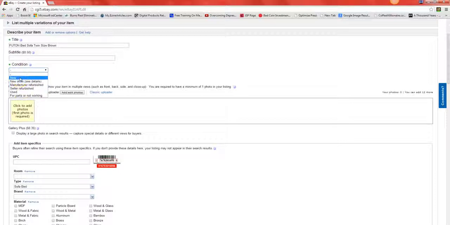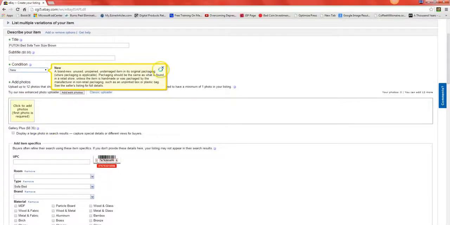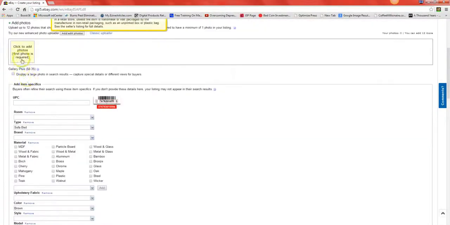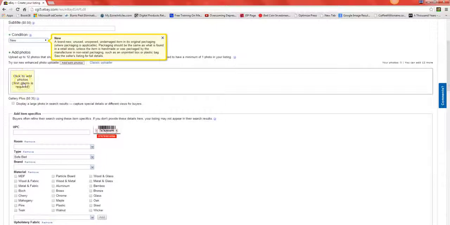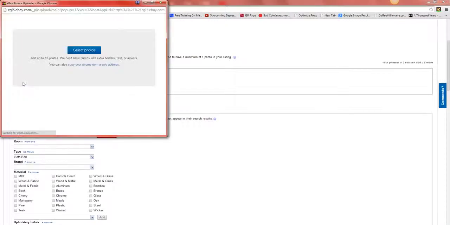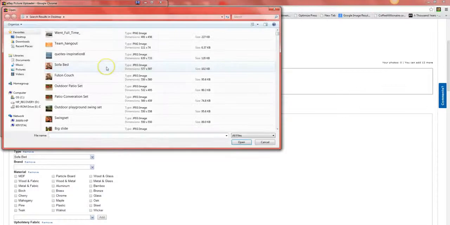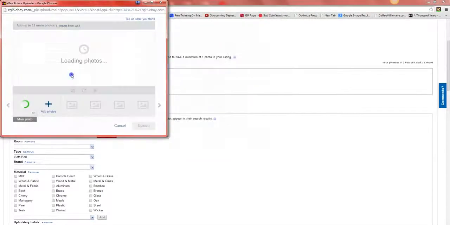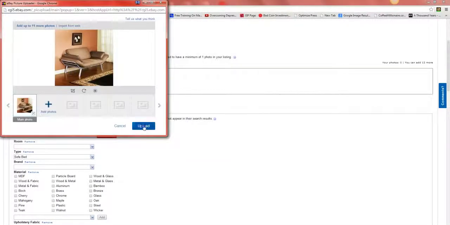Here, make sure you click on the right condition. I'm just gonna put brand new. And for your pictures, make sure you take nice pictures. A regular phone has a pretty decent camera that can take decent pictures. So take at least 4 to 5 pictures, in different positions of the item, so the customer sees exactly what they're gonna buy. I'm just gonna put this pre-made picture up, upload,